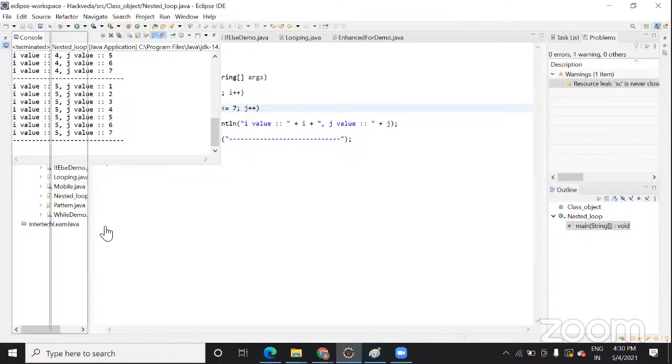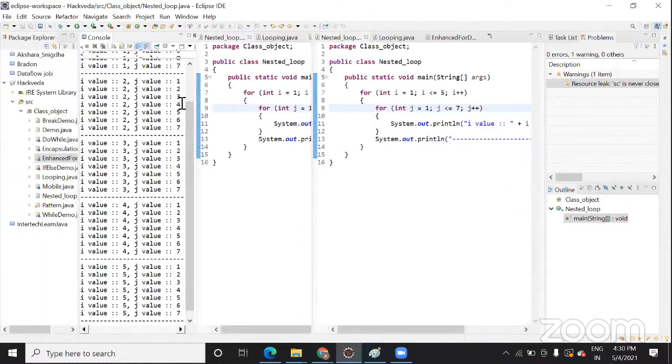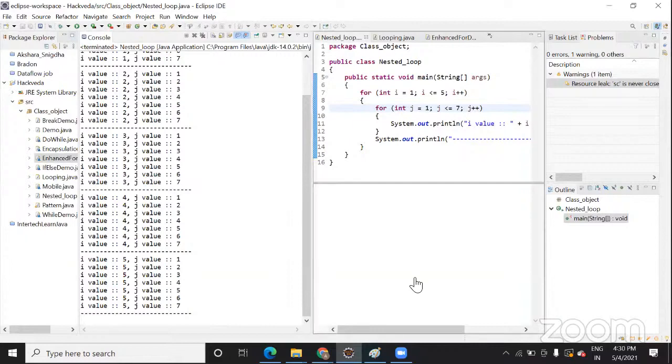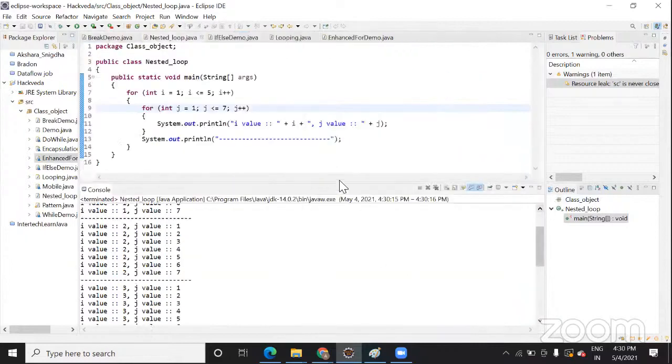Actually, my mouse is having some issue. That's why while dragging, it's not coming here. Okay. Yeah, now it came.